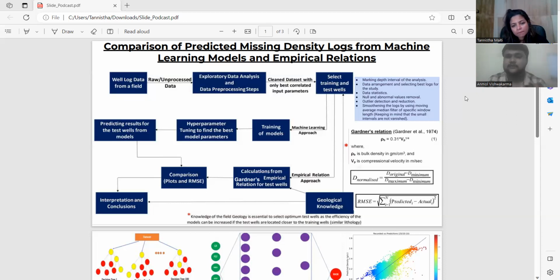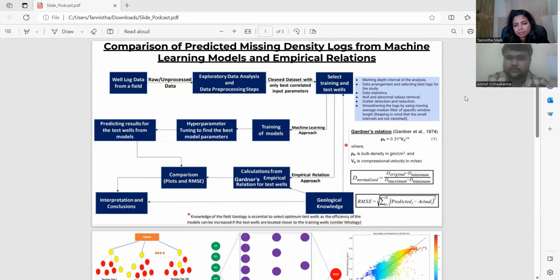We also need to check whether we have wells which are mainly common. The input parameters should be common logs which almost all industries can acquire, so industries can use this approach with those common logs. By common logs, you mean gamma ray, resistivity? Yeah, the triple combo logs mainly, that are mainly used for hydrocarbon detection.